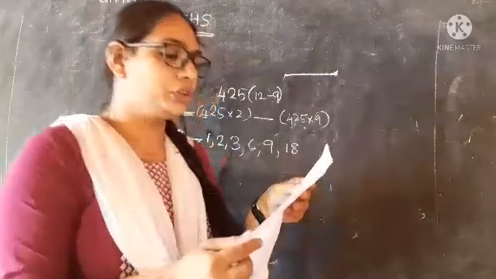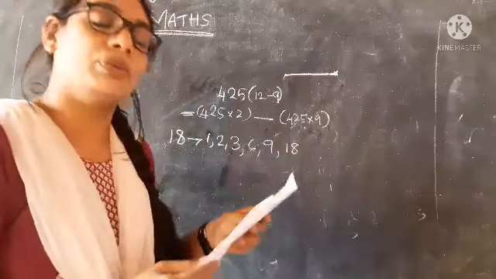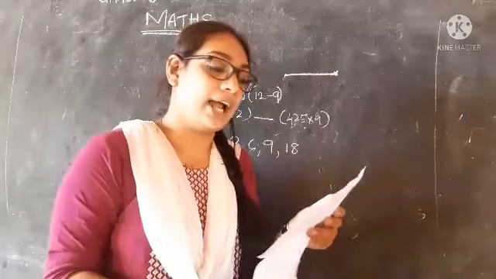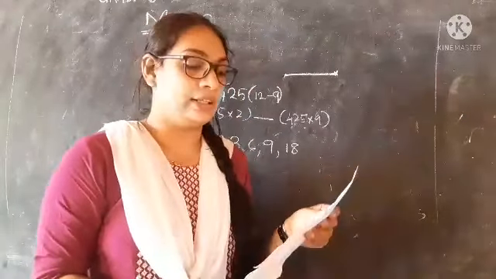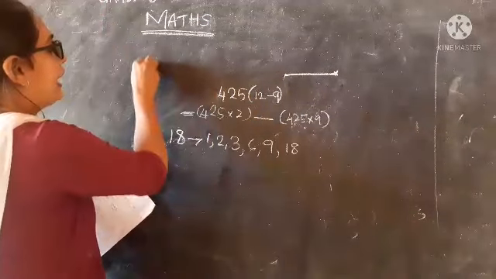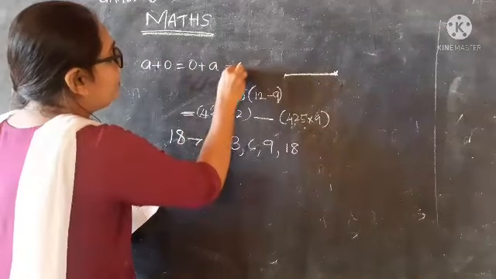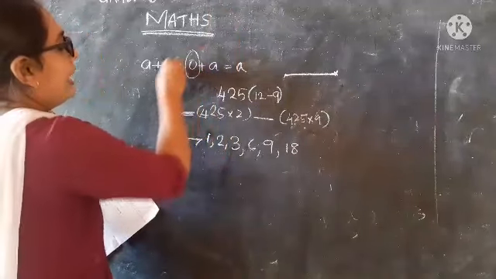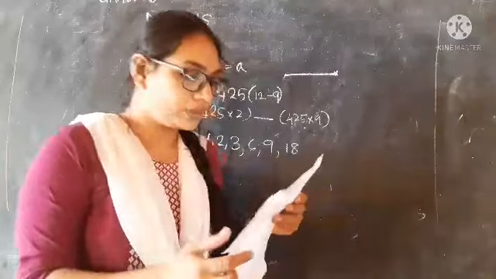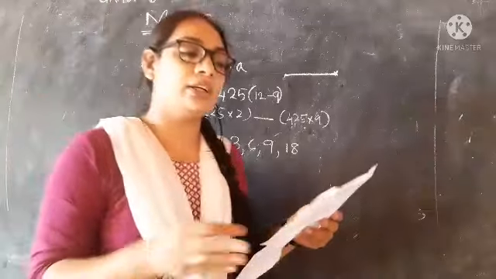So fourth question, which is the smallest composite even number? 4 is the smallest composite even number. And what is the next question? What is the identity element for addition of whole numbers? Yes, you studied that a plus 0 equals 0 plus a equals a, which is the identity element. Yes, 0 is the identity element here. And that's all about the 1 mark answer the following questions.